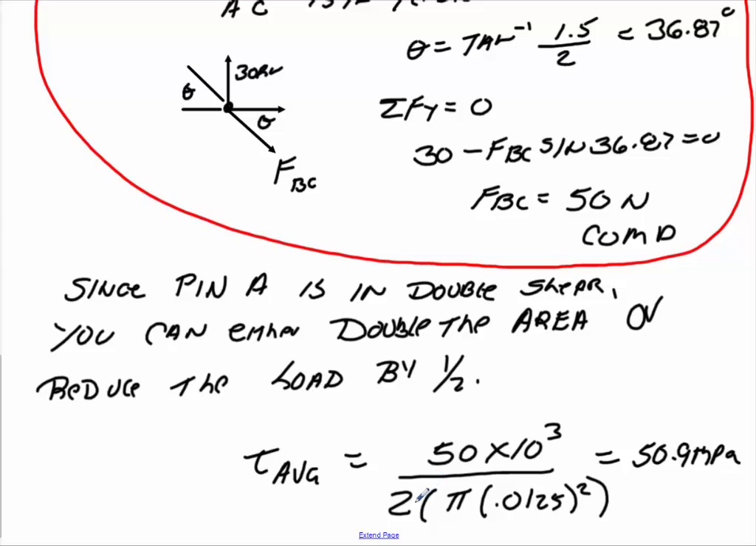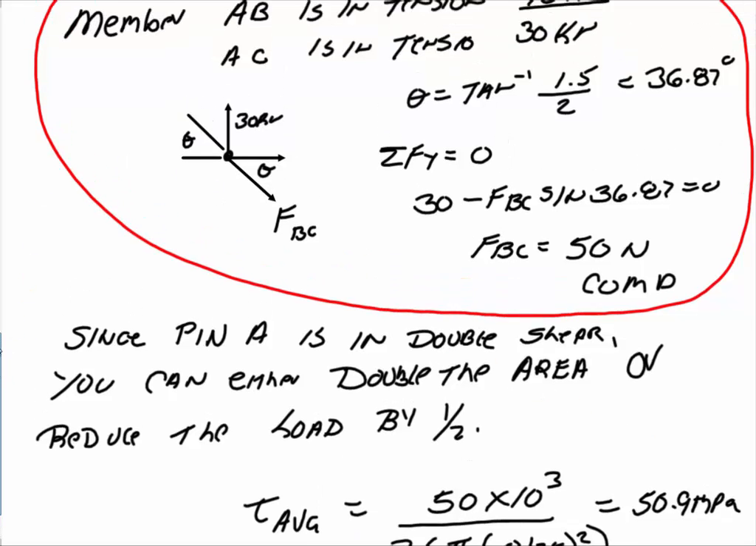I would probably recommend you double the area. So I have the load, 50 times 10 to the third. I double the area, so I use pi r squared by double it. That gives me 50.9 megapascals. Okay, also while I was here, I showed you